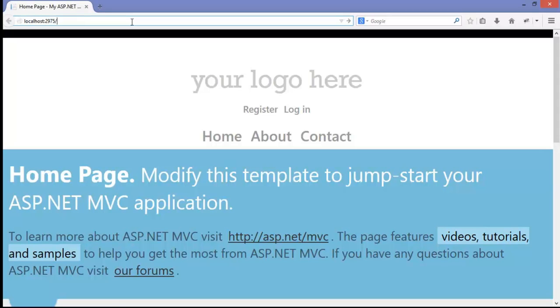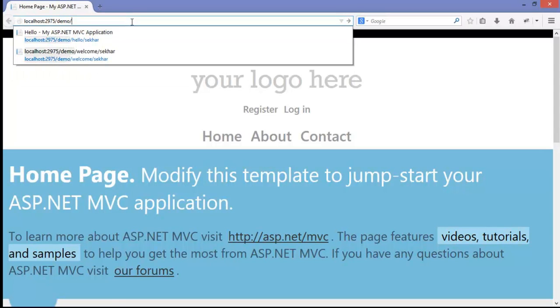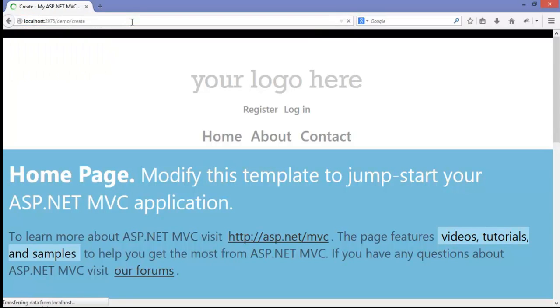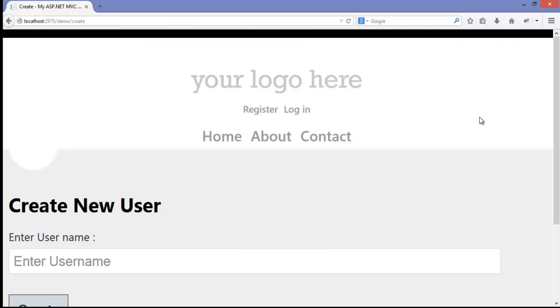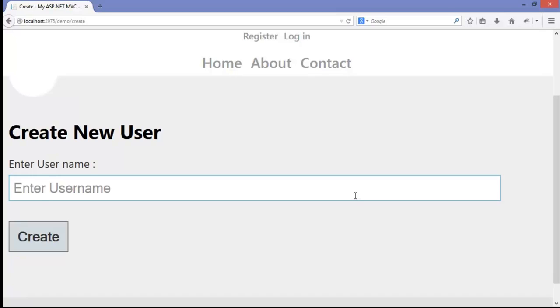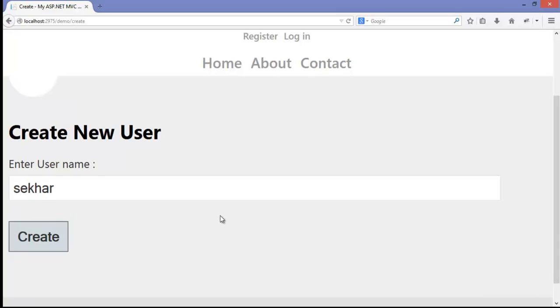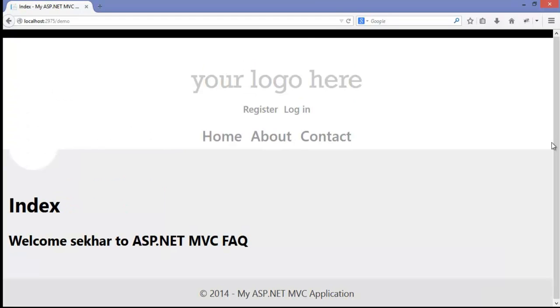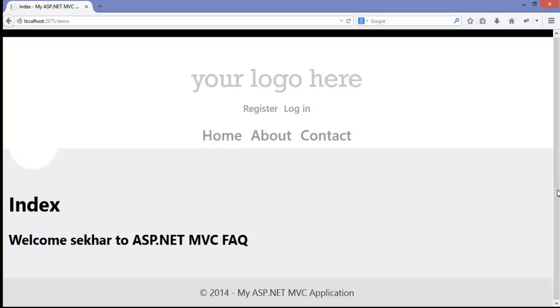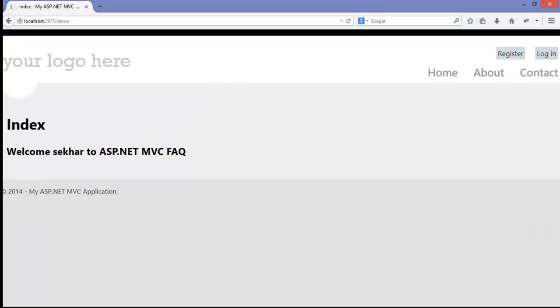I just simply say demo/create. I got a form where I can enter the name. For example, I provide a name called Shaker. I click on create. I got the page, and I just got this particular thing here called welcome Shaker to ASP.NET MVC